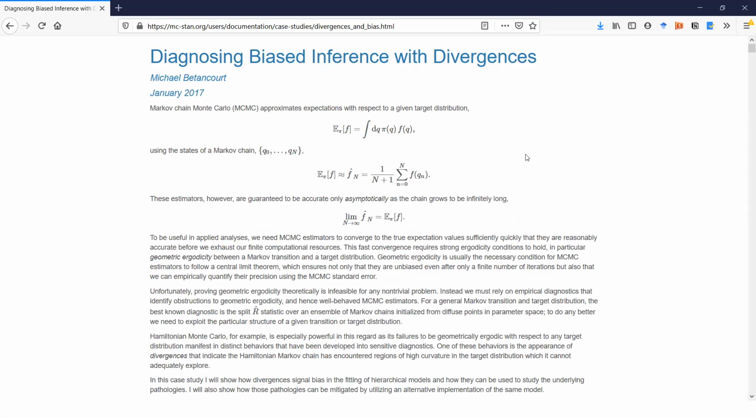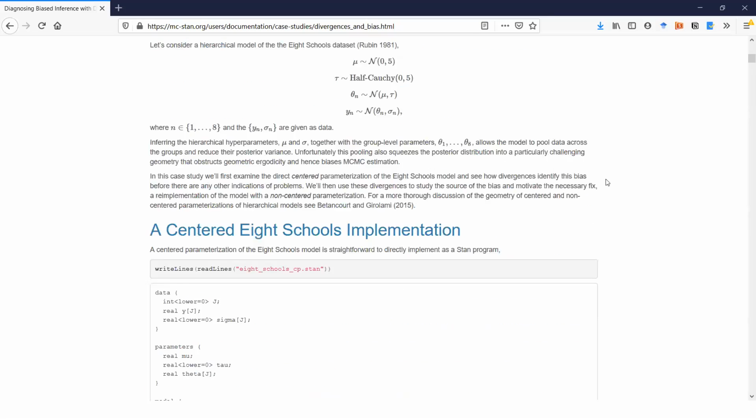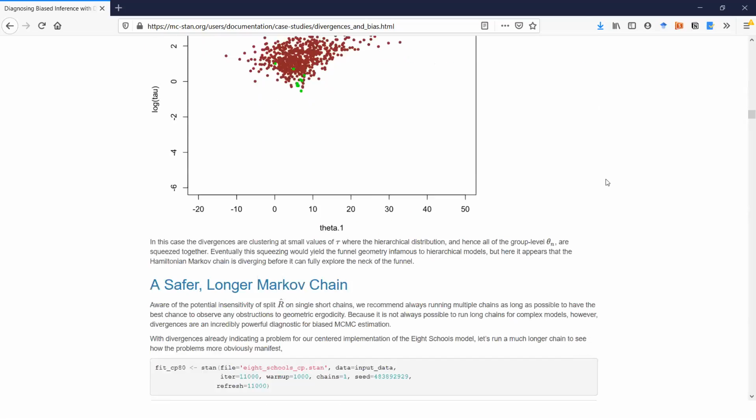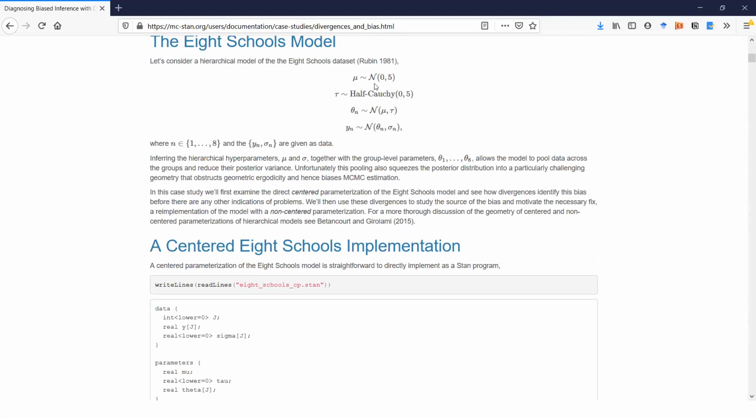Very good tutorial. I recommend it. See how long this tutorial is. Basically what it does is it considers the model we saw in the beginning of this presentation, the 8 schools model, which is just a simple hierarchical model looking like that.